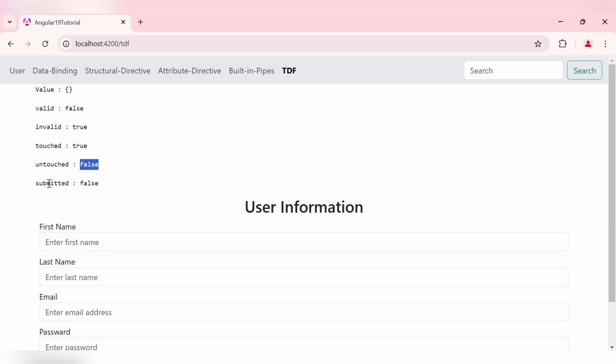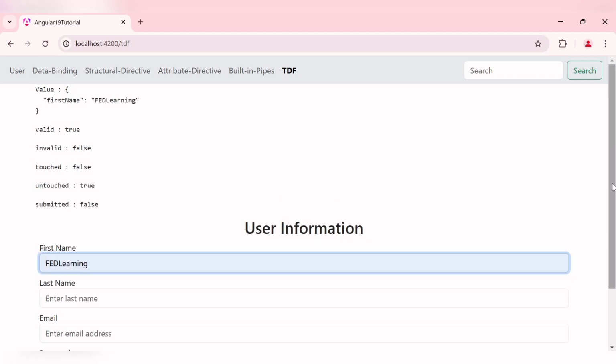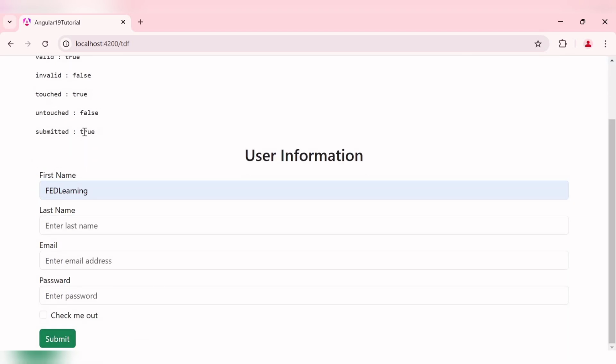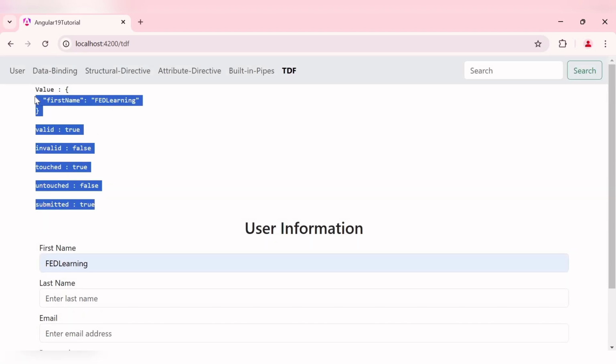Now the last property is submitted. It returns true if the form has been submitted, otherwise it returns false. If I fill the required field and click on the submit button, it becomes true. Here you can see. Okay, so this is how we have understood various properties and methods to determine the current